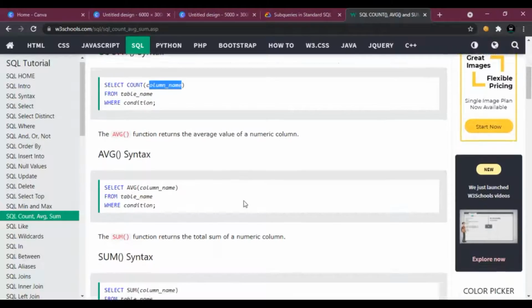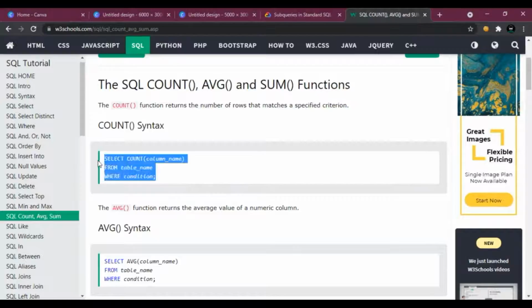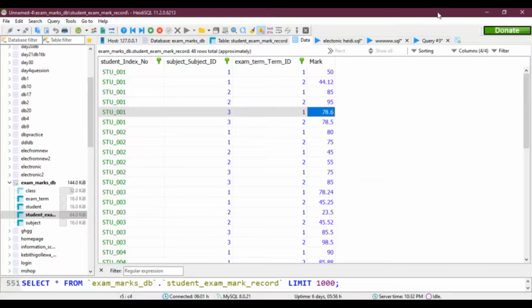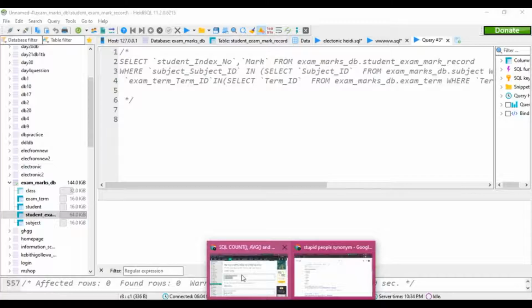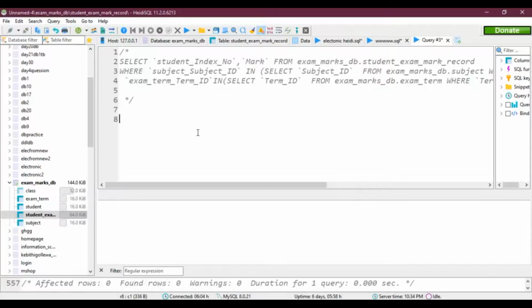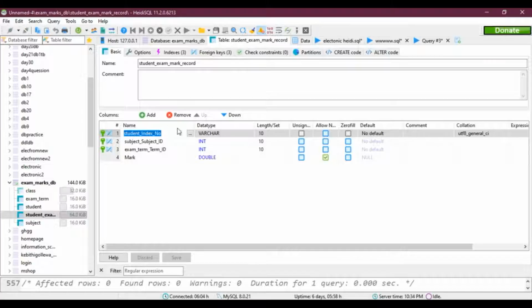So how can we do this? Let's copy the whole thing and paste it over here, so we can understand what we are gonna do, and make it a comment. So here you can see select count. Count must be in uppercase. And the column name is student index number,